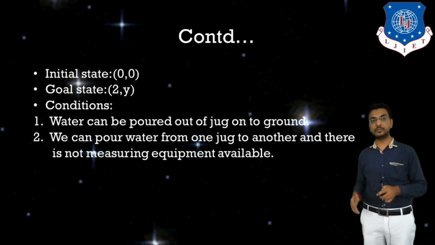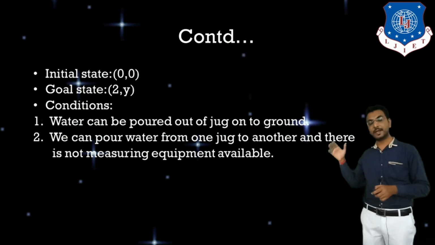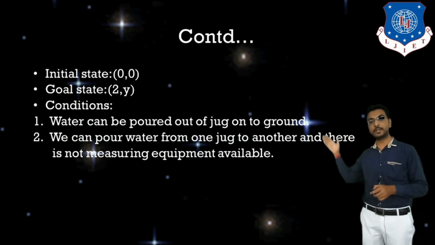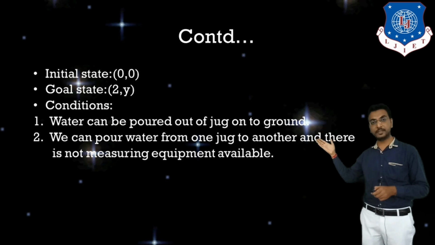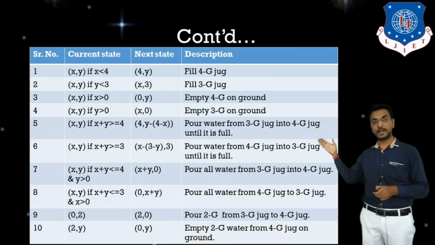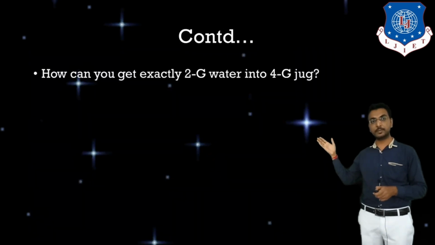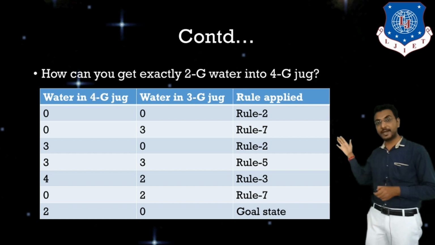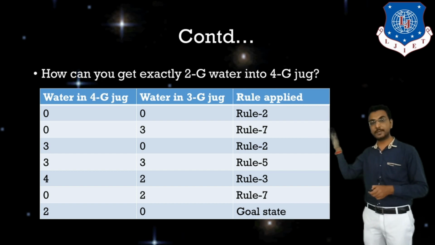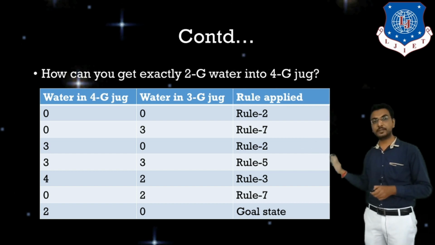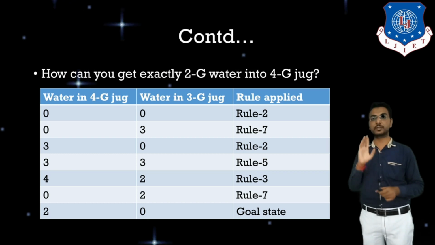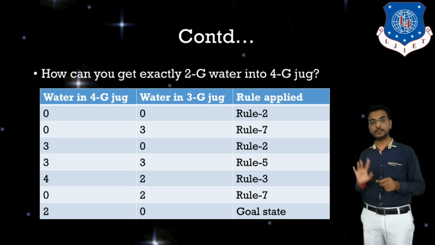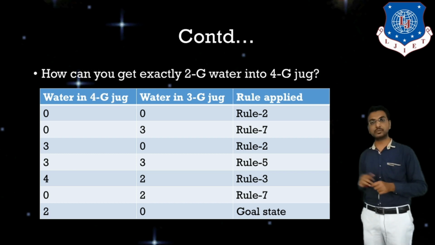So see, this specification of the initial state, goal state, and my operators, or we can say preconditions, is called defining the problem. This entire scenario to solve the problem is called my state space. And to carry out the steps one by one in this problem is called my search. So are you getting this with problem space and search or not?